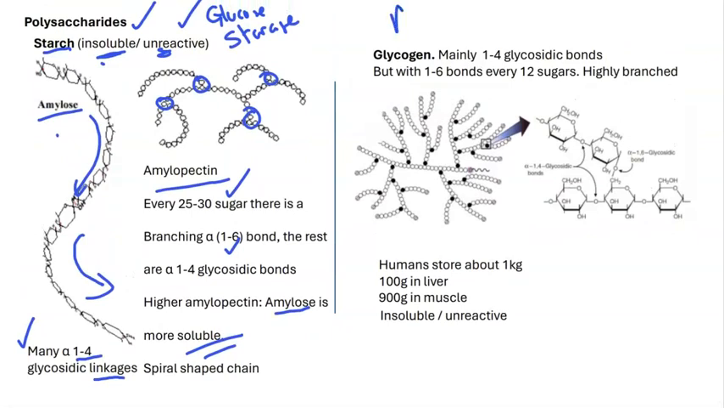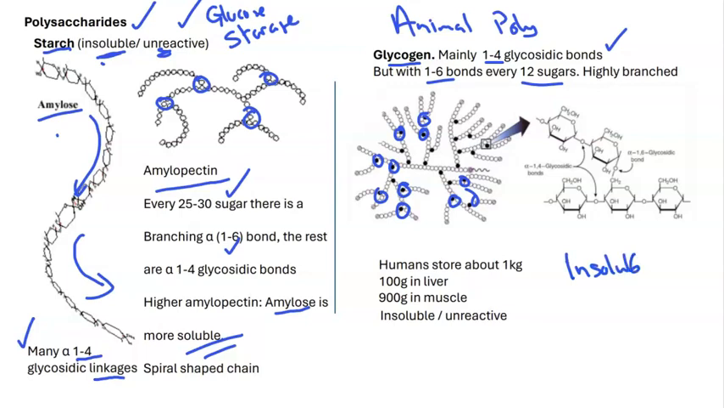Over here we have the animal storage molecule, a polymer of glucose, which is glycogen. Largely composed of 1,4 glycosidic bonds, as we've shown you already in videos. But then we have 1,6 bonds every 12, so that's much more frequent than we had over in the amylopectin, and that's why the branching that you see here is more frequent, making the glycogen just that little bit more dense. And so animals store glucose as glycogen, which is insoluble and it's unreactive,